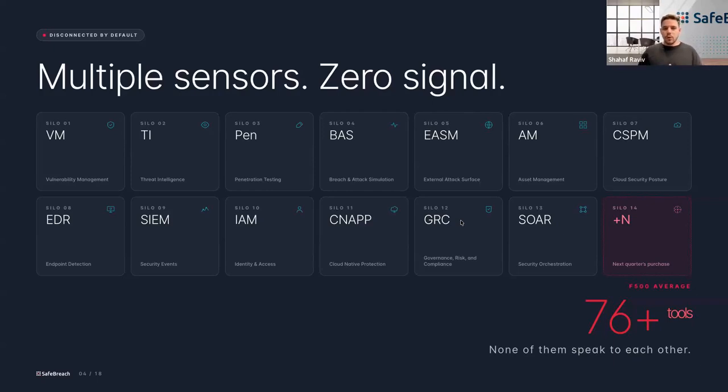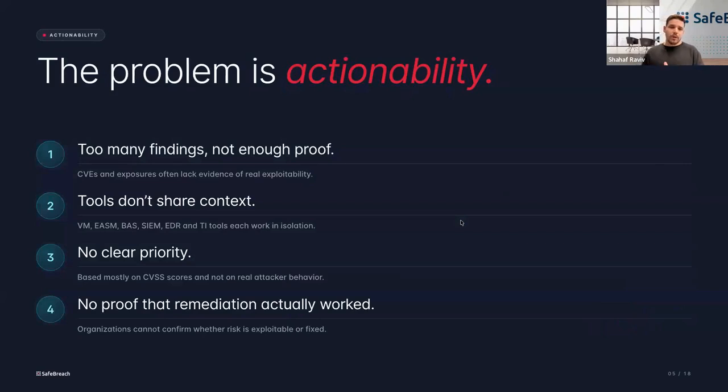The problem is that you don't have a coherent picture, first, of your risk, and second, of what to do now with this visibility that I have on each one of my controls, which leads me to the main problem that we are seeing today, especially when trying to apply